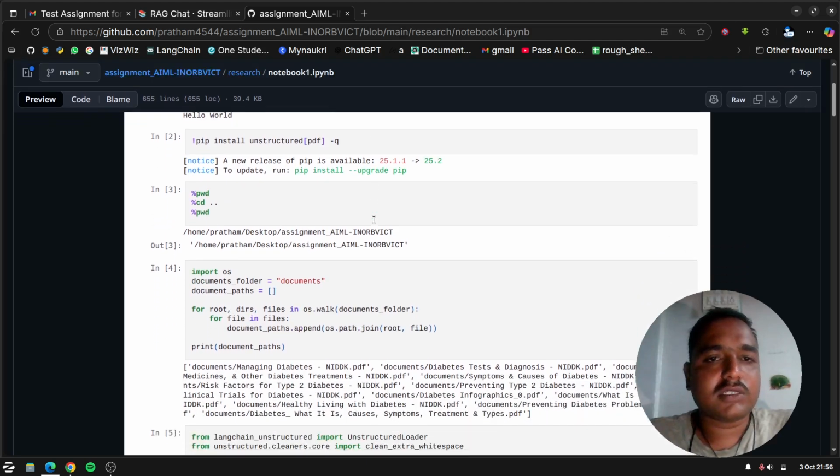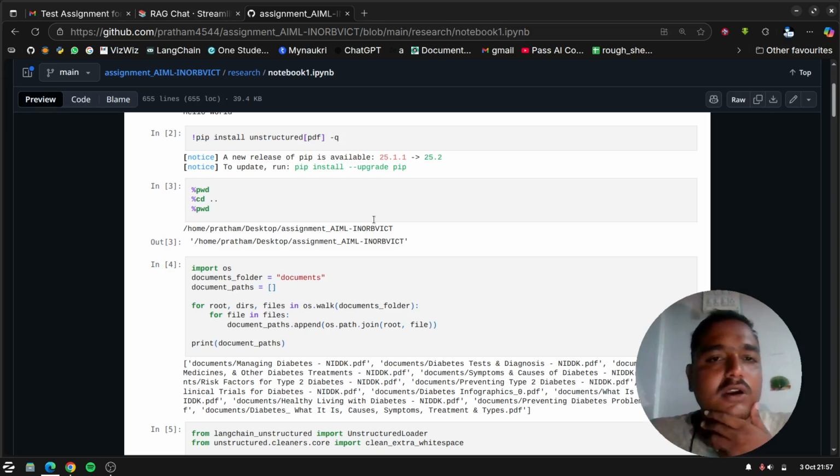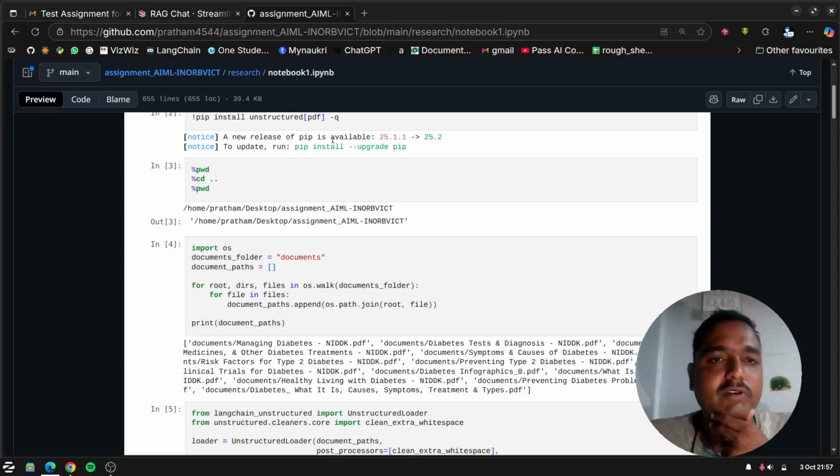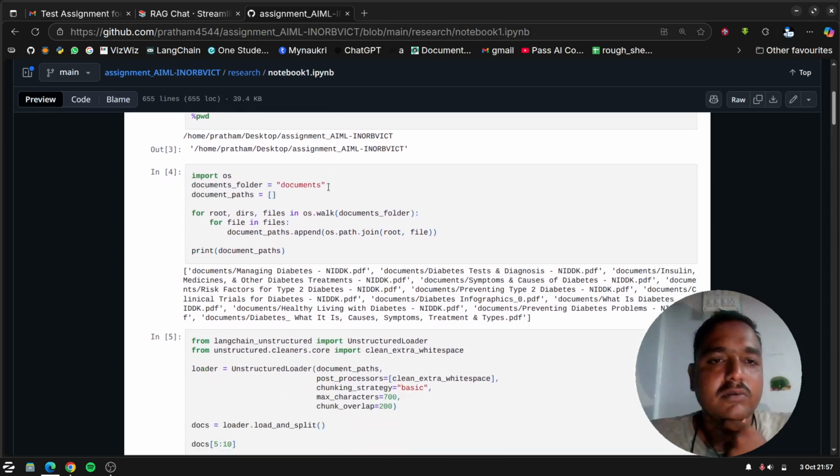I used the unstructured library intentionally because my data also includes infographics, or data in image format. The unstructured library provides an edge to extract information from images also, using OCR technology, the optical character recognition system. Like this I installed the prerequisites or required libraries, and provided the path, the folder name of my documents, and extracted all